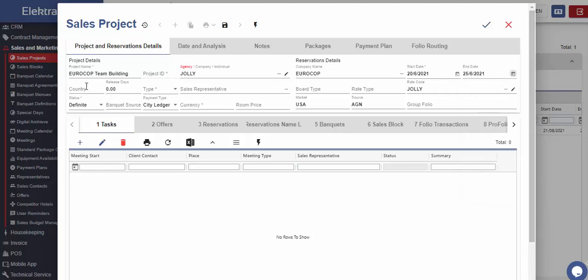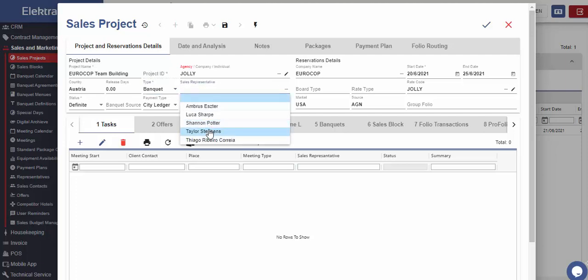Next, we should define the organization start and ending date. Then we should select the country so that we can have the insight from which countries different event organization requests are coming. If this specific project is still in the tentative status, then the cancellation period in days is entered in the next field. Sales project type is selected from this part. Sales representative that made an agreement is selected from the list under this field.